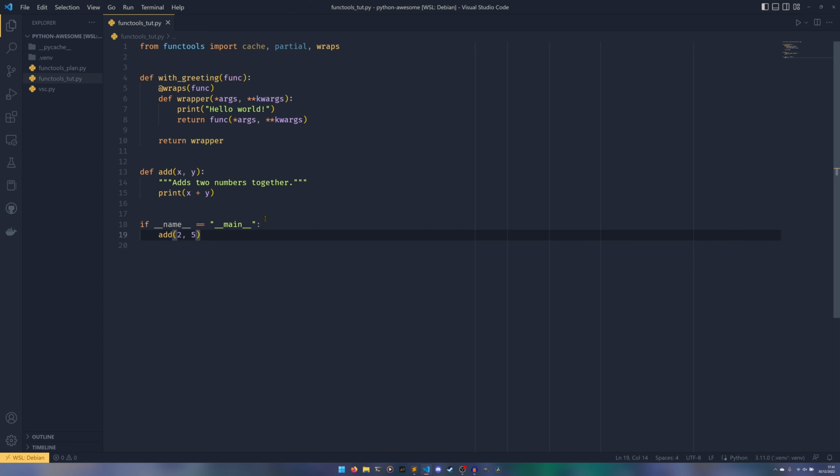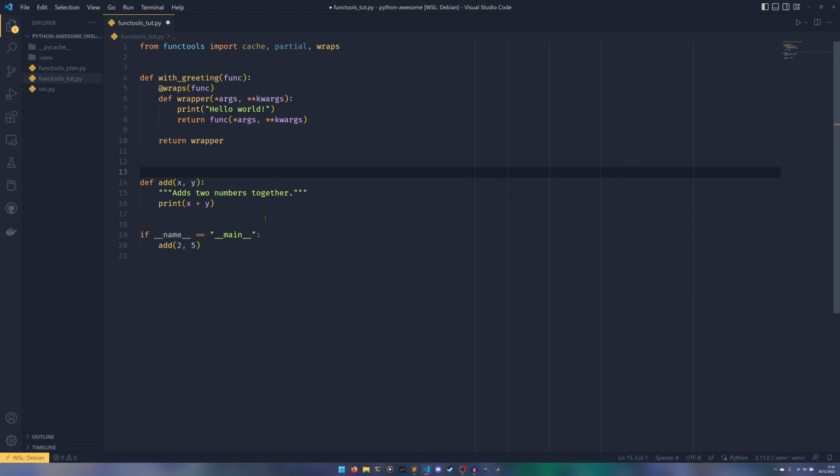So the next thing we're going to talk about, or the final thing we're going to talk about today, is the cache. So if I stick this here, this is now a cacheable function. Basically what this does is it caches the return value of a function based on its parameters. So I will actually need to do a return x plus y here, and then we will need to do print